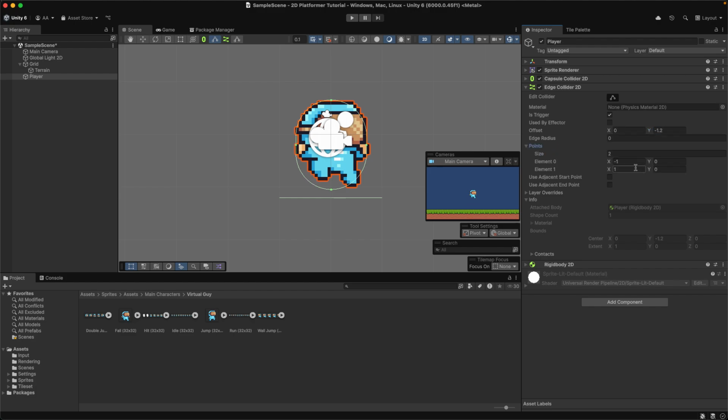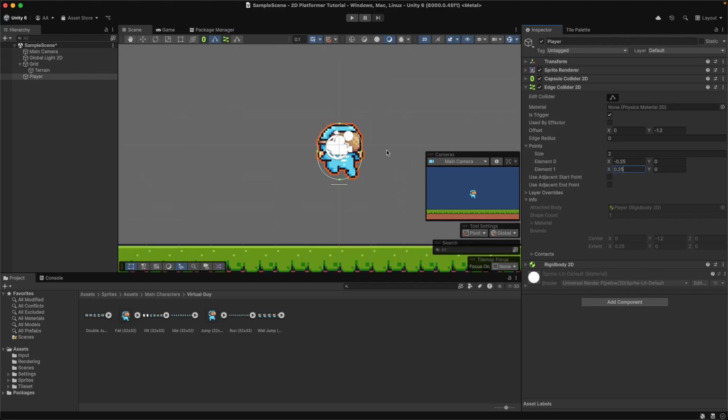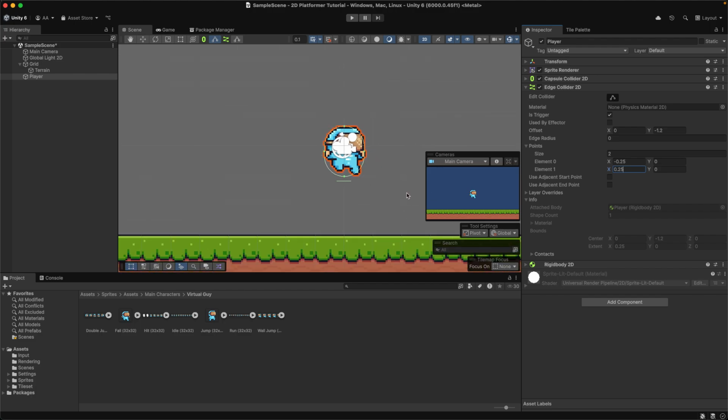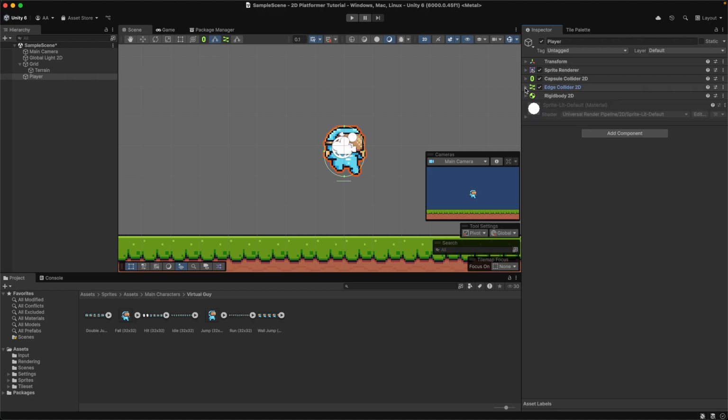Then we're going to set the points here, these are 2 points, to negative 0.25 and positive 0.25. This makes them quite small and lets the player know if they're collided with the ground and nothing else. Because if it was big, then it might have collided with a wall. But since it's so small, then we know it's just colliding with the ground. So now we can